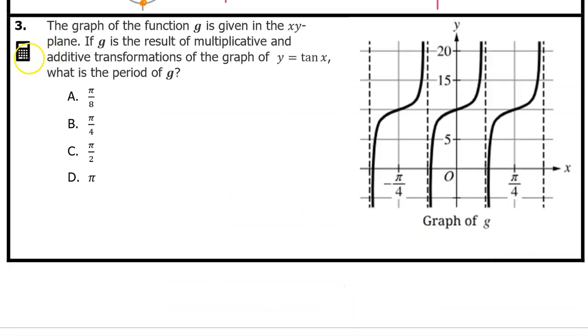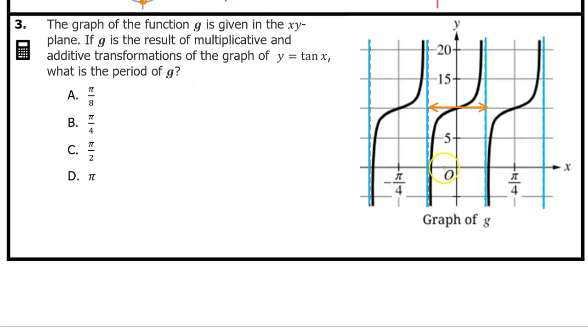Number 3 is calculator active, so we will use our graphing calculator if needed. The graph of the function g is given in the xy plane. If g is the result of multiplicative and additive transformations of the graph of y equals tangent x, what is the period of g? One way to find the period of a tangent function is to find the distance between